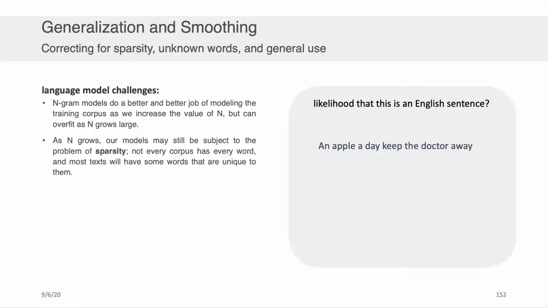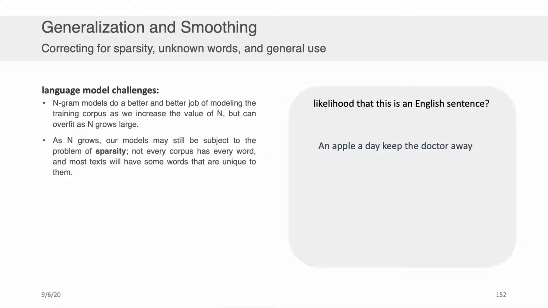So if we train on, let's say, the works of Friedrich Nietzsche and all of his books, there's probably going to be, especially as we start using larger n-grams, some of those grams that never show up in Bertrand Russell's works of philosophy. And so then if you want to take an n-gram model trained on Nietzsche, you might have some challenges when you want to apply it to Bertrand Russell. And that's sort of what motivates the need for generalization and smoothing.